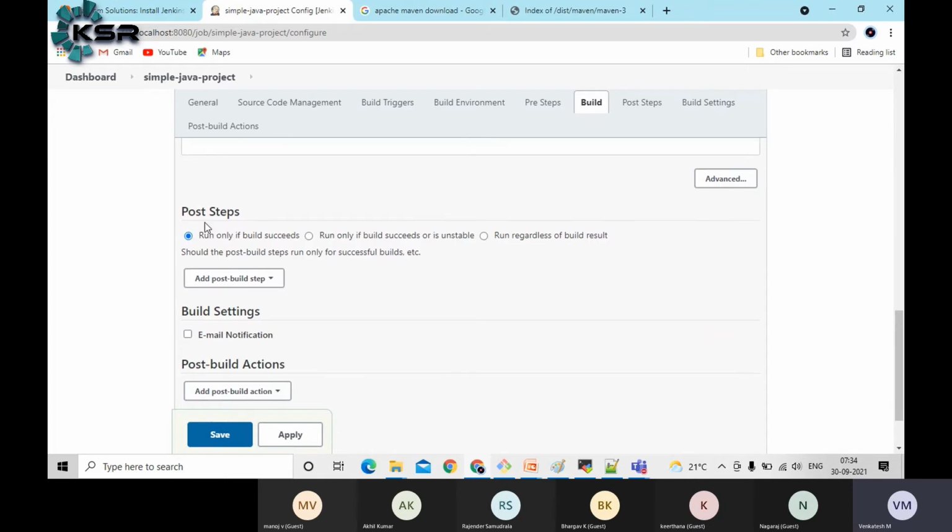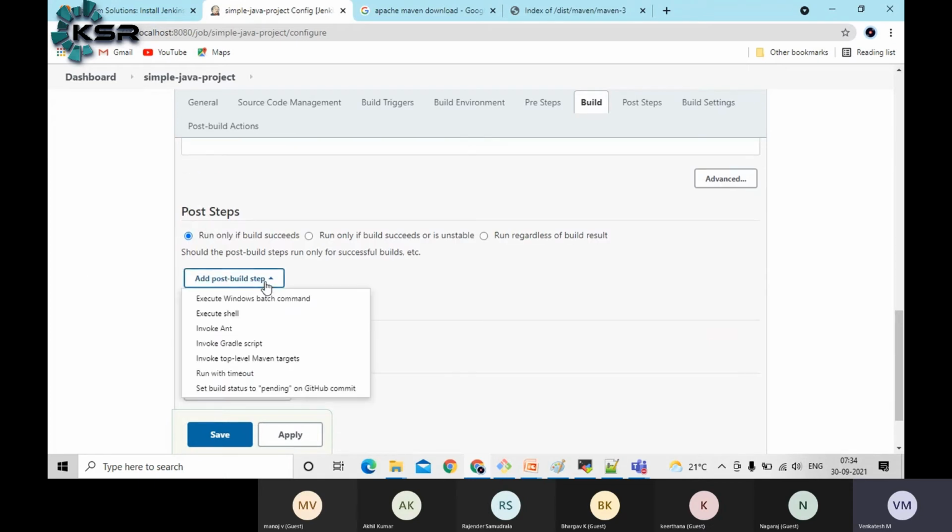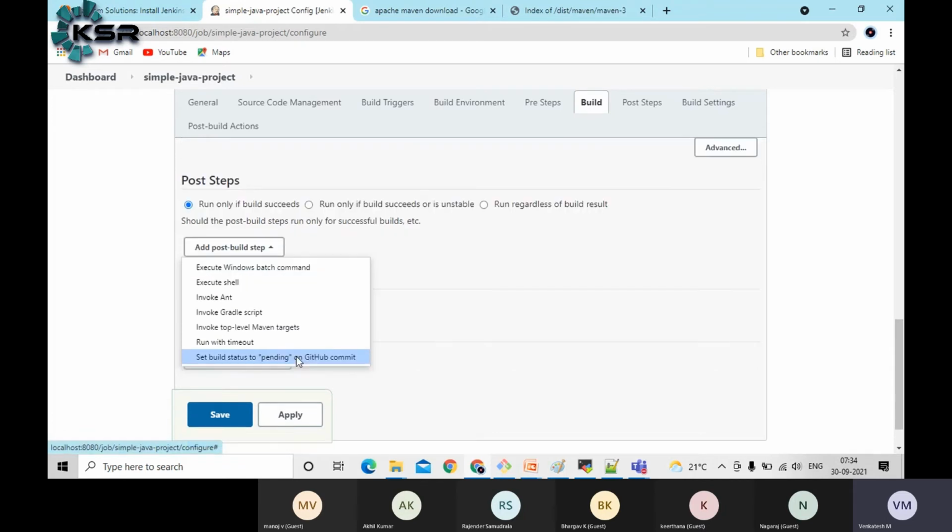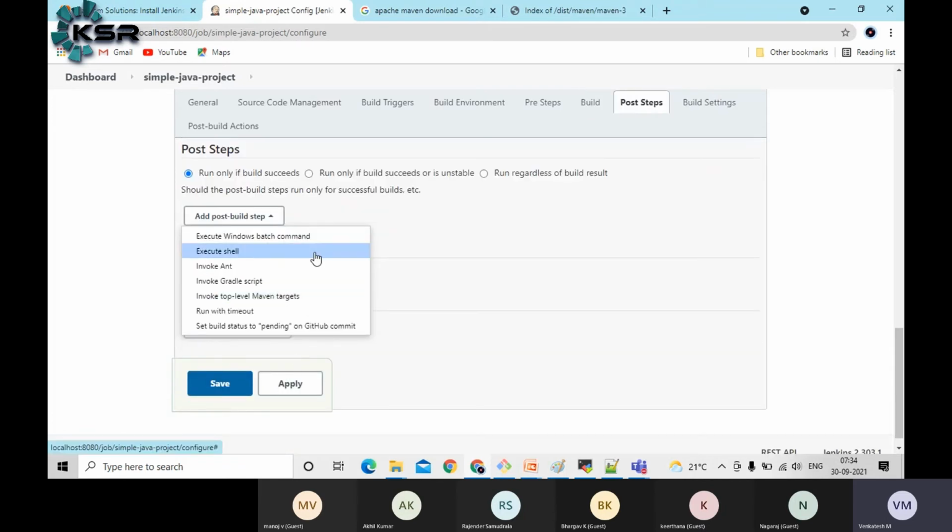So here again, in the post steps, I have some steps. If the build succeeded, in the post steps, what all things do I need to do? Say if you want to execute some shell script, then you can use execute shell. If the target machine is Windows, then execute Windows batch commands. Like this, you can have a set of options, guys. This can be extended. If we add more and more plugins in Jenkins, you will get a lot of options.